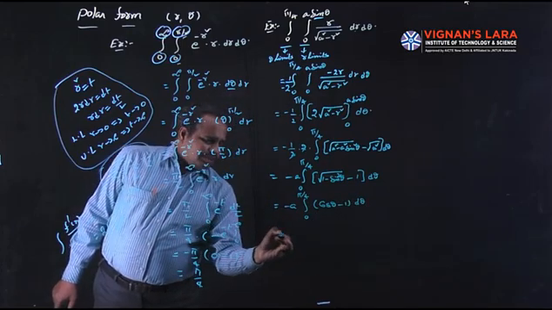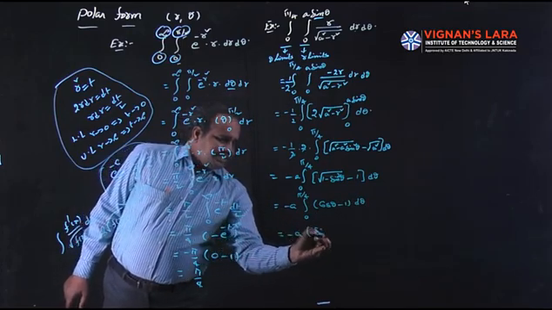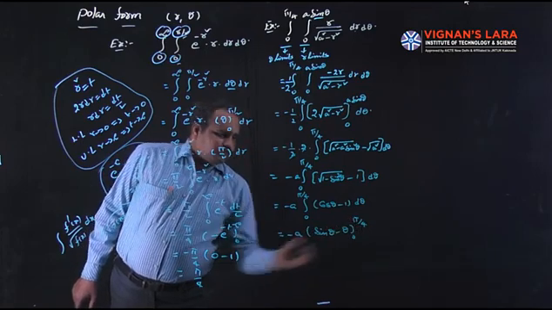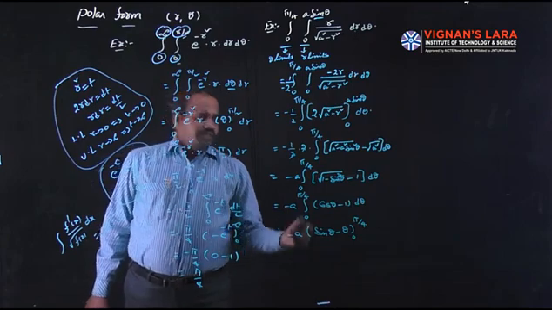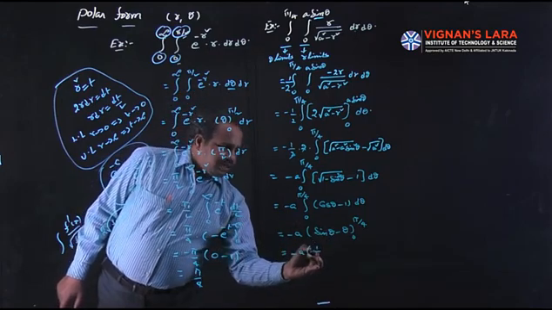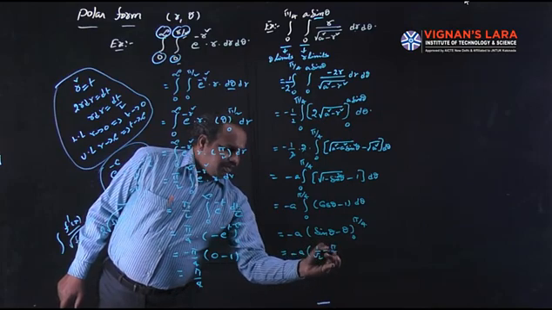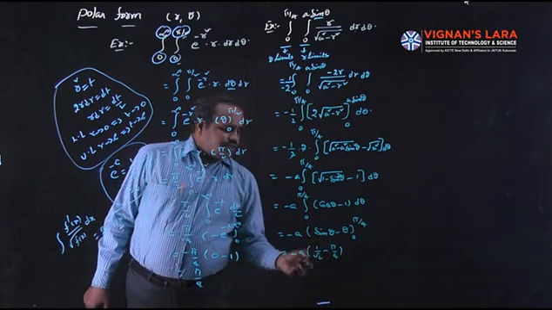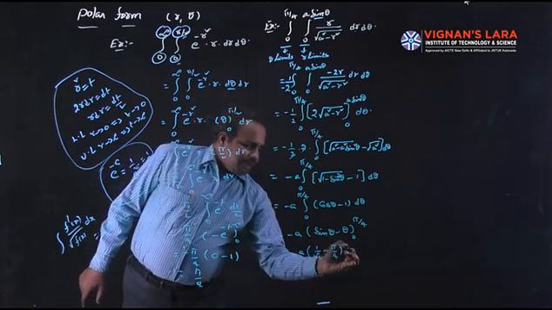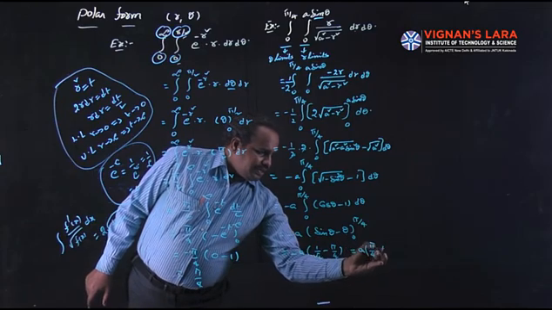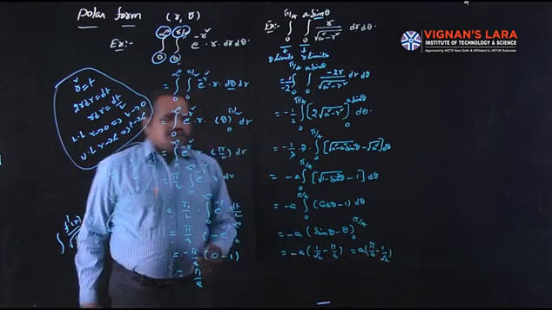Make integration with respect to theta. Cos theta integration is sin theta, 1 integration is theta. Limits are 0 to pi by 4. So first substitute upper limit, after that lower limit. Minus a into sin 45, 1 by root 2, minus pi by 4. Lower limit sin 0 is 0, theta value 0. So there is no lower limit. Multiply the minus inside: a into pi by 4 minus 1 by root 2, which is the solution